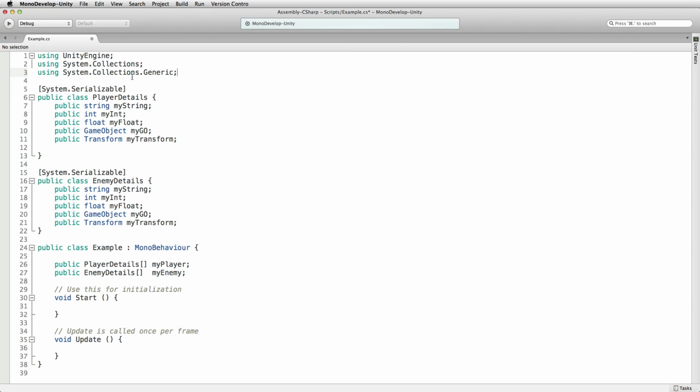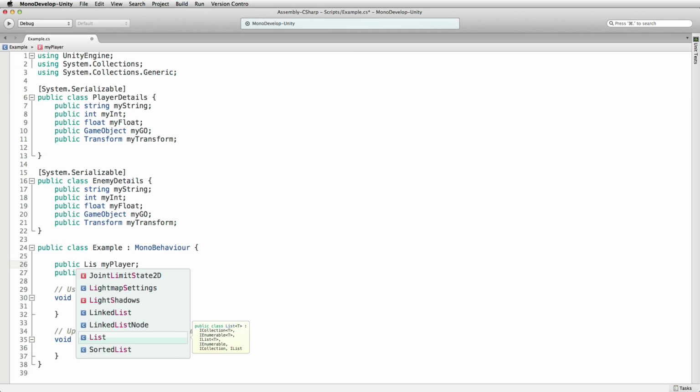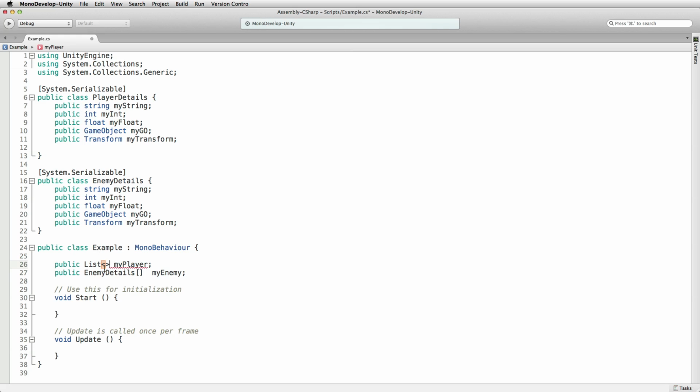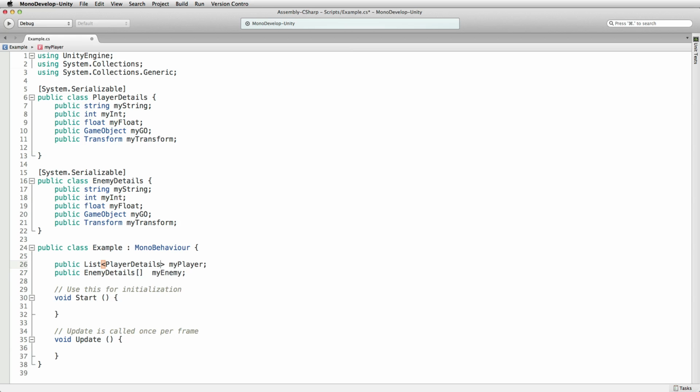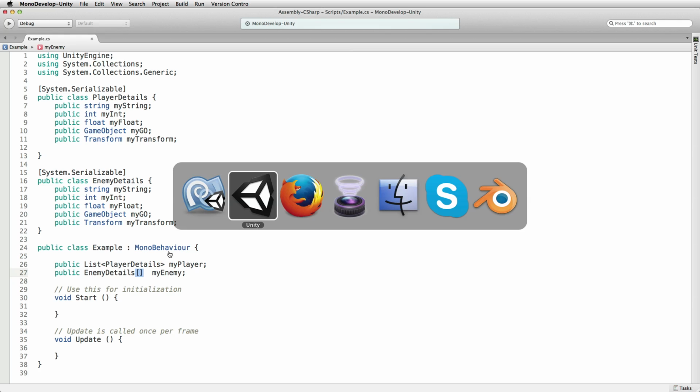So we're using System.Collections.Generic, and then we can turn these arrays into lists. So we can make it a public list. And the way that you do lists is you identify it as a list, and then you put the type inside the angle brackets, and this is going to be our player details. Other than that, it's very similar to the way that we've declared our array. So I'm going to save. And now looking at our list and our array in Unity,